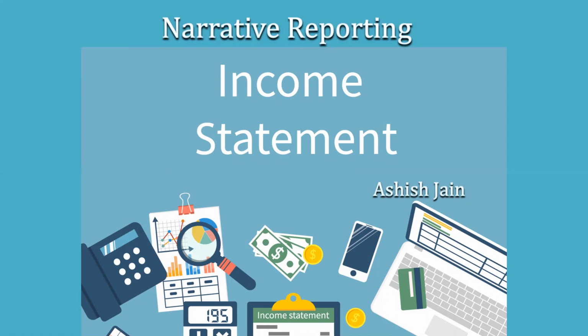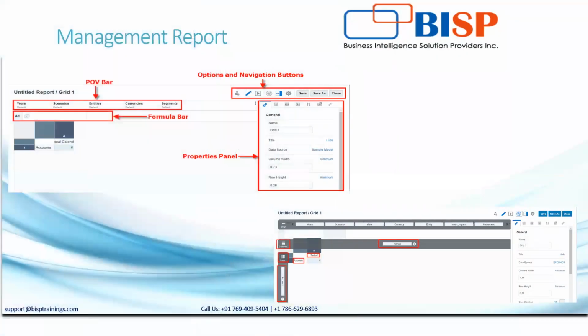In this session, I will build an income statement report along with variance under management report element of narrative reporting with data source being EPBCS. Management reporting is a cloud-based reporting solution for APM Cloud financial and managerial report. It enables users to insert charts and grids utilizing APM Cloud services such as Oracle Analytical Services, Airspace, etc.